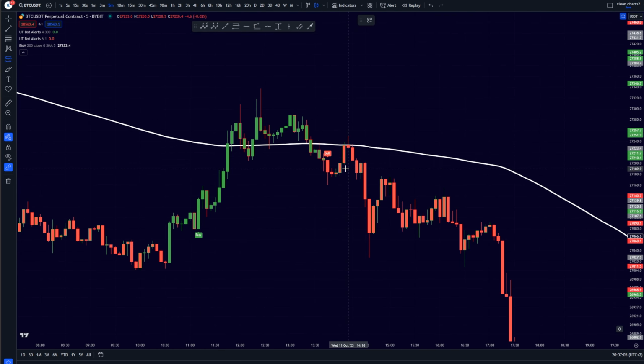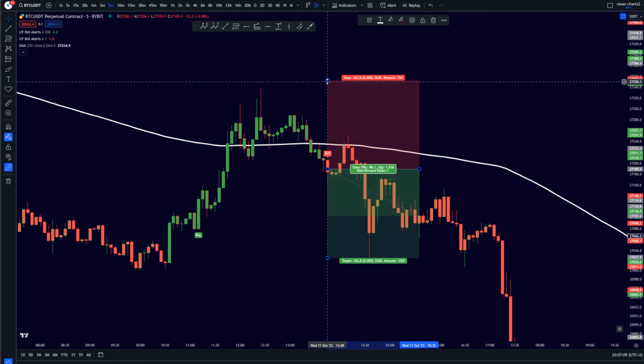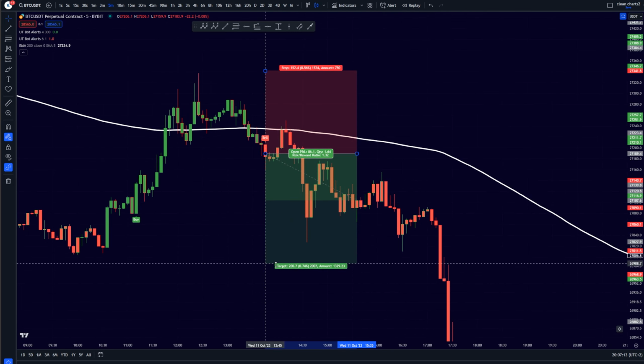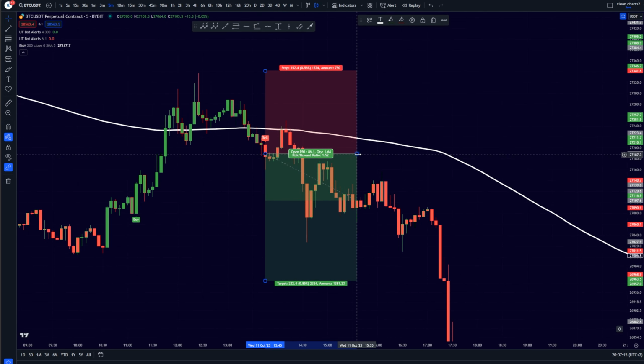And right here as well, the last example, we got a sell order over here. Set your stop loss above that previous wick, set your take profit to 1.5 risk to reward ratio and enter